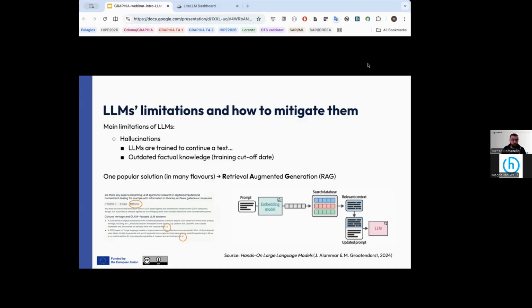One popular solution to this, which is then articulated in many different flavors, is the so-called retrieval augmented generation. And before going into the concept, even if you don't know it, you might have already come across it, because nowadays tools like Perplexity or even ChatGPT do it by default, or if you ask it to do it. They will provide this sort of footnotes where, for a given statement, you can see what is the actual source that the model used to arrive at that statement. So this is useful in cases where